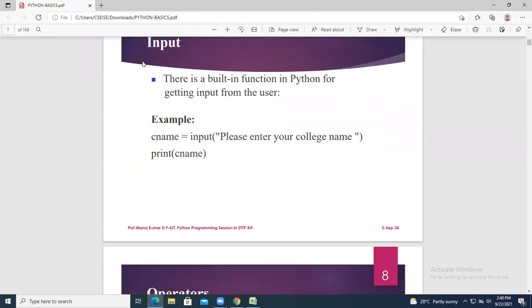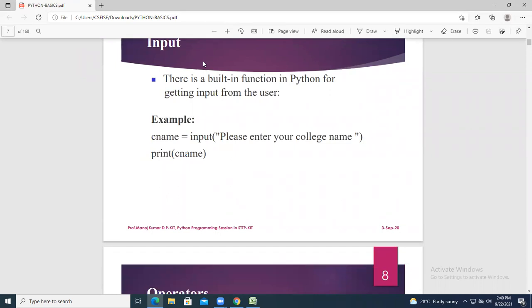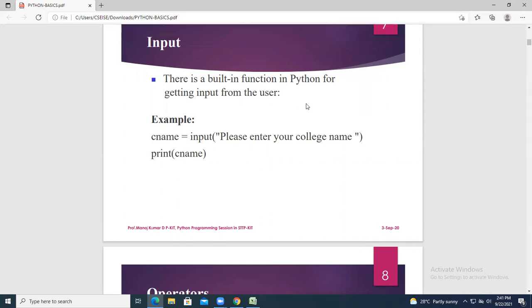Now come to input. There is a built-in function in Python for getting input from the user. You can give the input as a number or as a string. If you are giving a string, you make use of input and just give the statement.